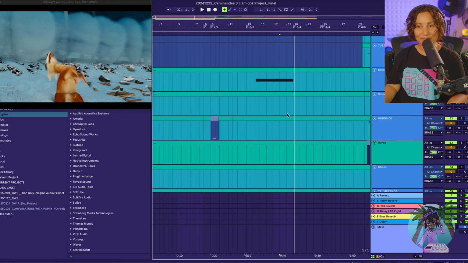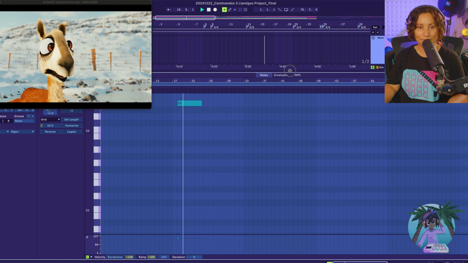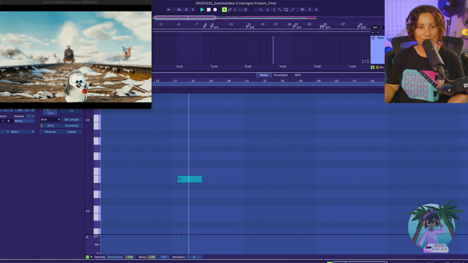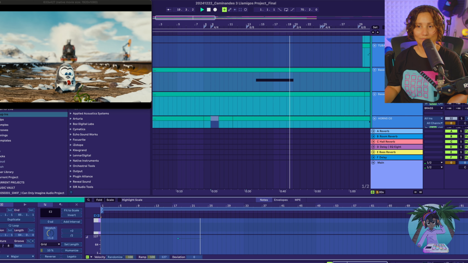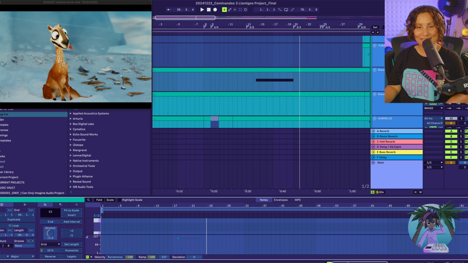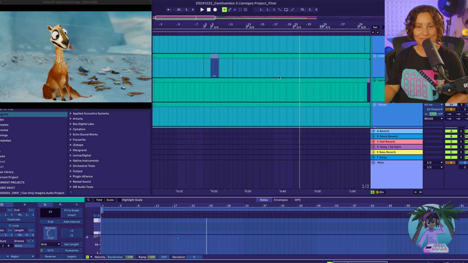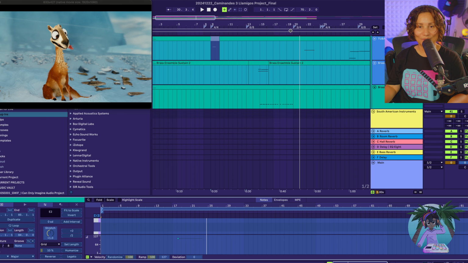So looking at some other layers in this scene, we have a bassoon effect, which sounds like this. So it kind of sounds like a train horn, which is why I used it, but it also has quite a dissonant sound to it. What were some of the other layers that I used? So we also have